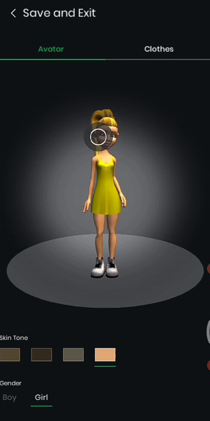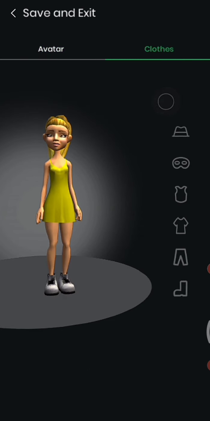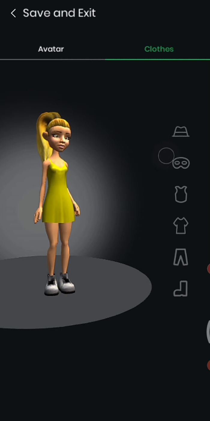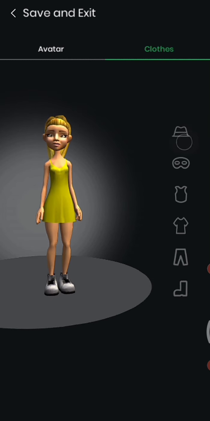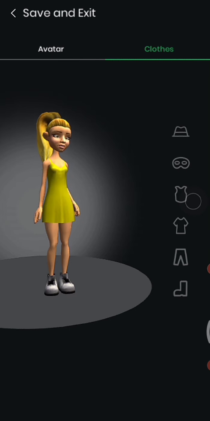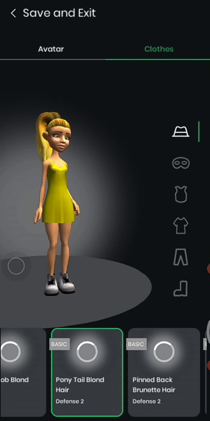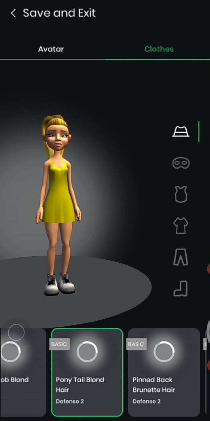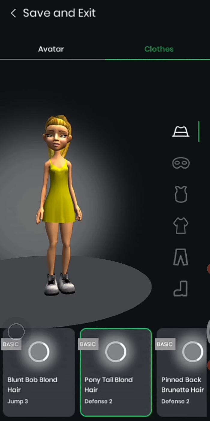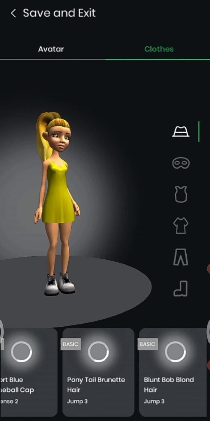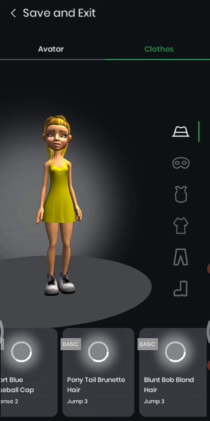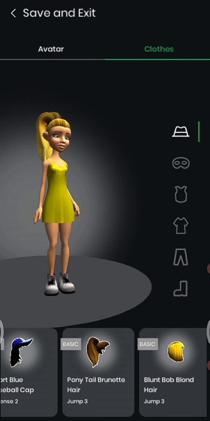And then on top, you can find clothes. Under clothes, the parts are categorized. Each category will have a list of elements that can be applied to your character. Click and see, children. Under cap, you can find a list of hairstyles. The head part you can choose and apply to your character.